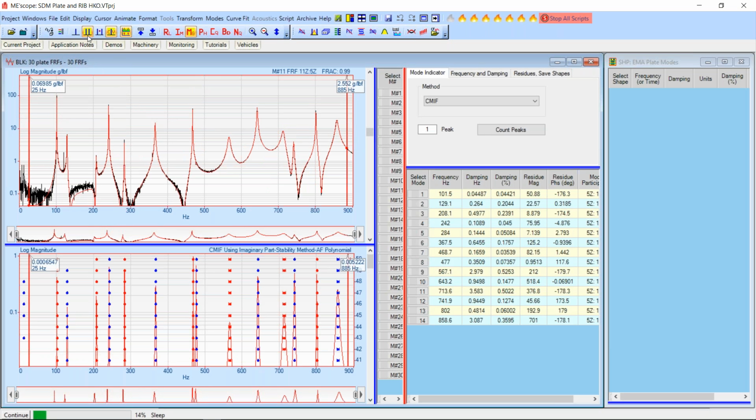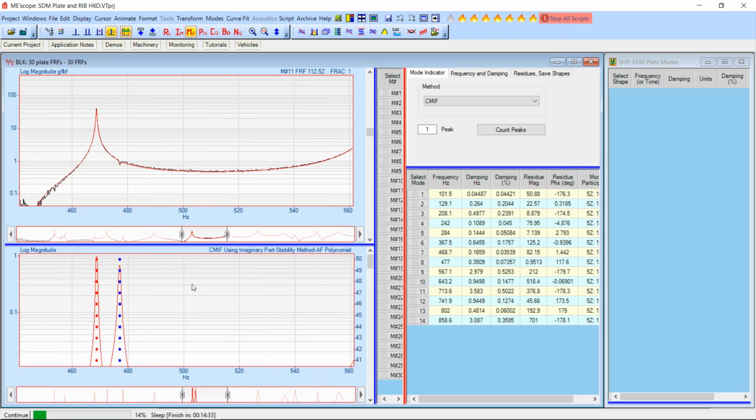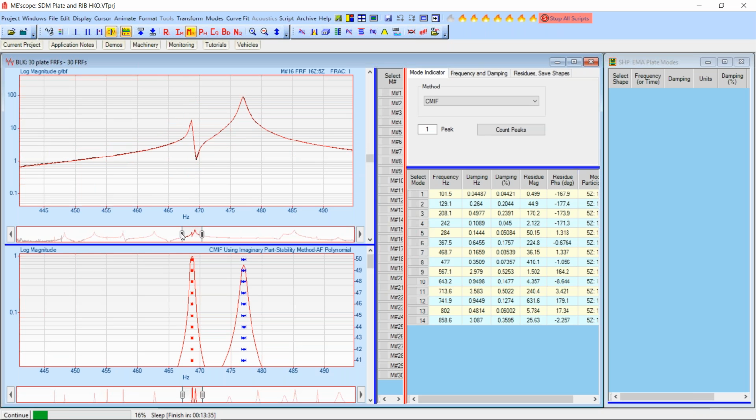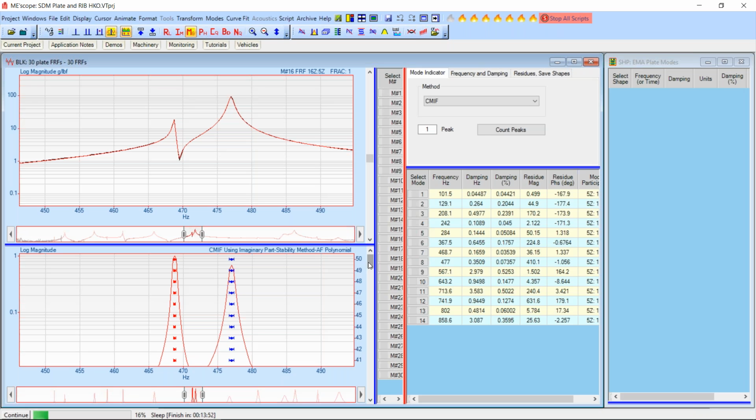Now let me just turn this cursor off here for a minute, and I'm going to go down here and zoom in because this is curve fitting, and I want to just look at these two closely coupled modes here. So let me scroll this so you can see there they are. There's the two resonance peaks, and we're zoomed in down here. Now this is a stability diagram, and as I scroll through here, you can see that the curve fitter went in and it solved with a model. We didn't tell it how many modes were there. We just said go curve fit this data and find the frequencies and damping in this model and